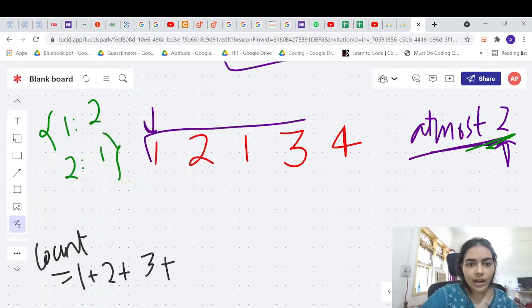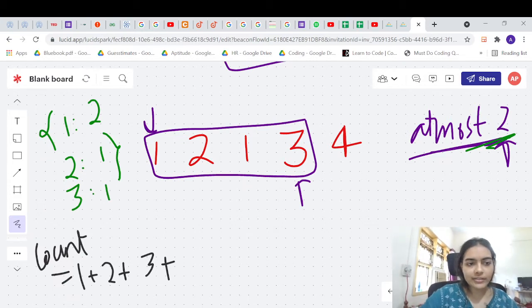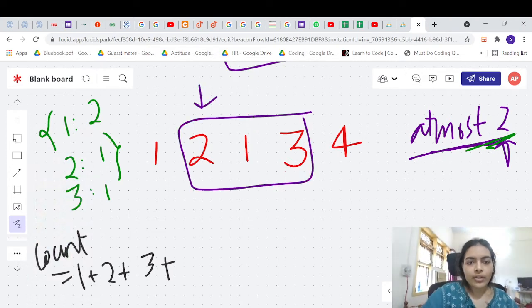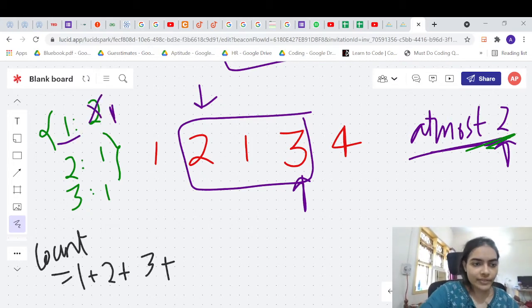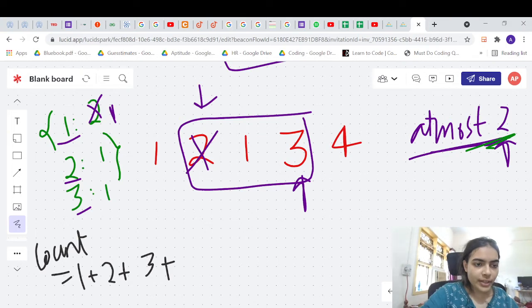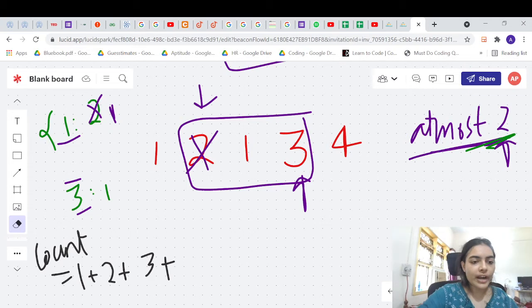Now what happens, for the first time you have a map which has a size greater than the limited threshold. You can take only at most 2, but you are having 3 distinct numbers, so you cannot take this unless you remove this. So we will remove this particular element. Now when we remove that element, the count of 1 decremented to 1. Still we have 3 distinct elements, so this is also not accepted, right? Now we'll try removing 2. Once we remove 2, count of 2 will become equal to 0. Once count of 2 becomes equal to 0, you will remove that from the map.